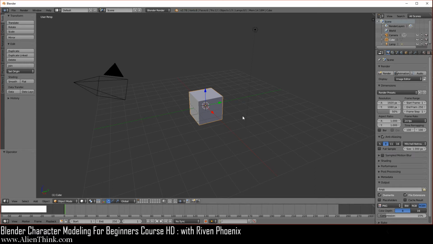So what this means is that in order to understand Blender, you really have to approach it in a cognitive way, meaning that you have to make these cognitive links in your mind as to how to accomplish certain tasks. Okay, so that's the first important concept that you need to understand about Blender.